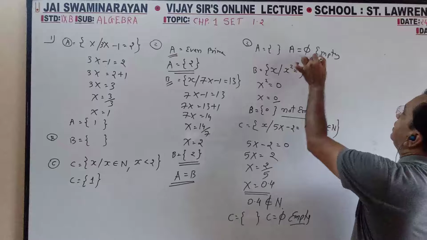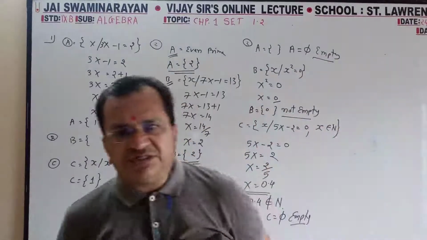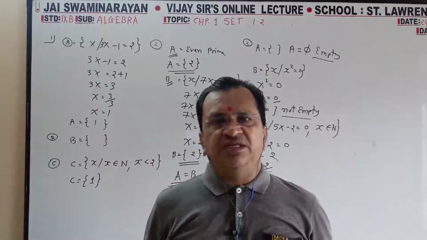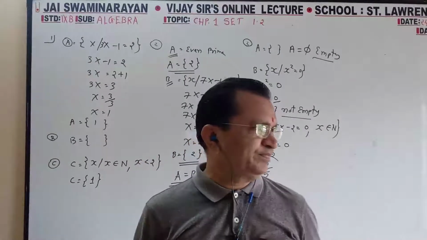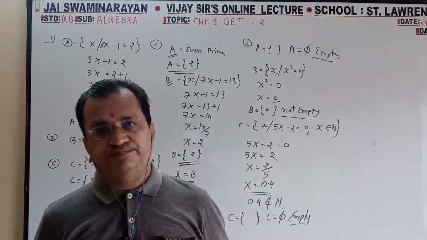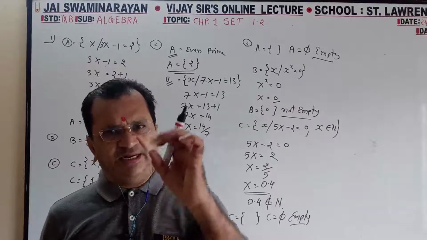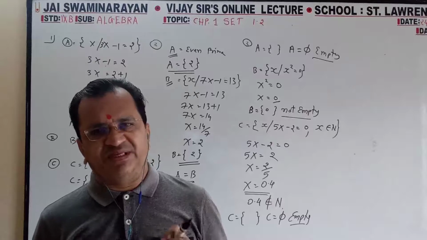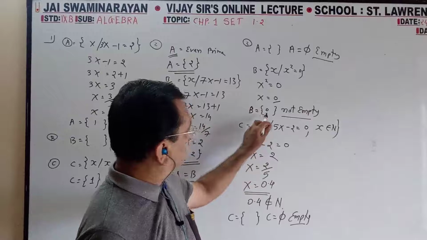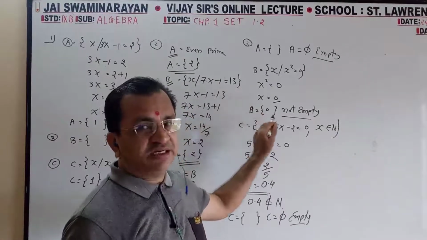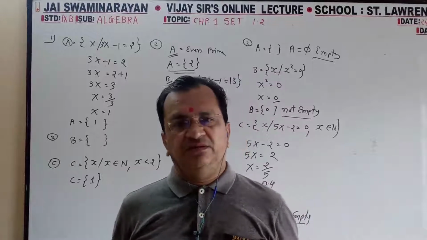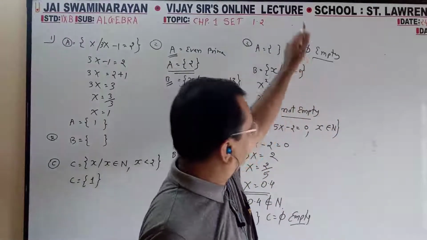Empty, not empty, empty. Again, what is the meaning of empty? If inside the bracket or the set there are no elements, not even 0, not a single element is present, it is an empty set. If 0 itself, one element is present, it is not empty. So 0 itself is one element. So even it is not a 0. 0 cancel.